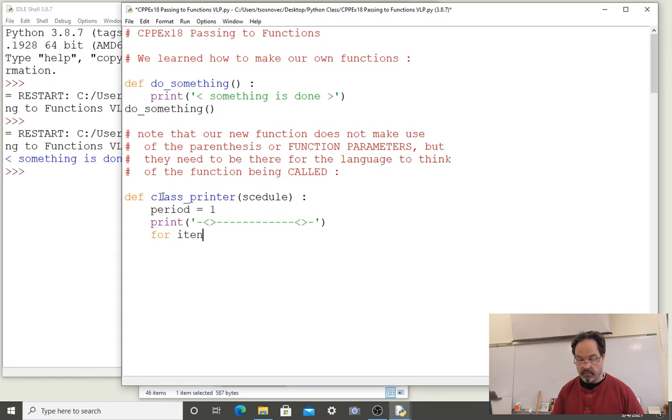A for loop: for item in schedule, and note that schedule is the name of the variable that we are calling the input to this function. So schedule has been written in the argument parameters, and now we're going to use whatever value that variable takes in a for loop. For item in schedule,